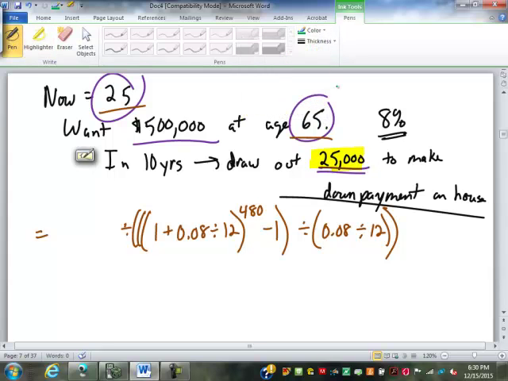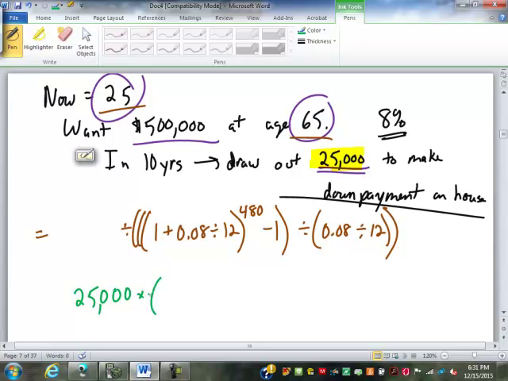Sorry about that. Our first thing we have to do is figure out what that 25,000 is taking out of this. And what we're really asking is if we had left that 25,000 in there, how much would it have amounted to? How much would it have built to at the end? So taking the 25,000 times